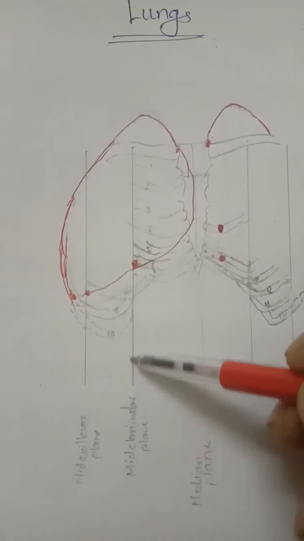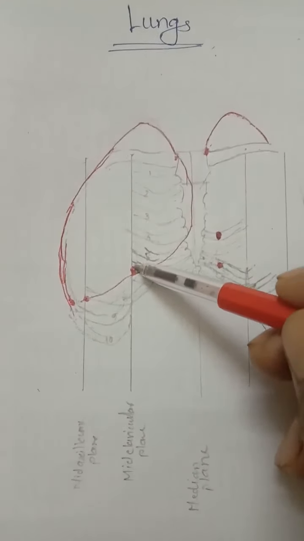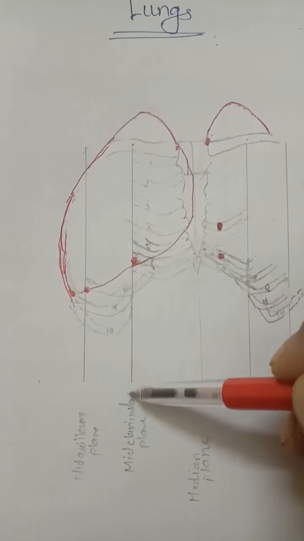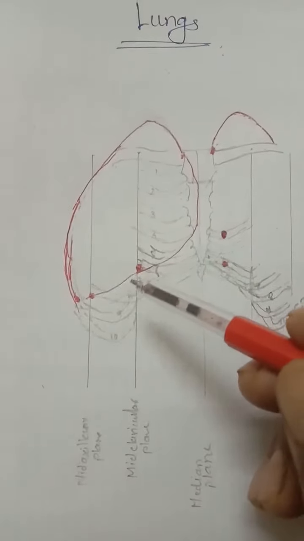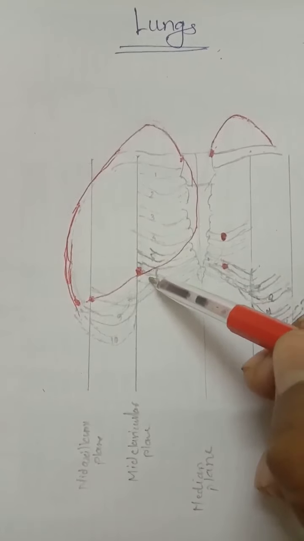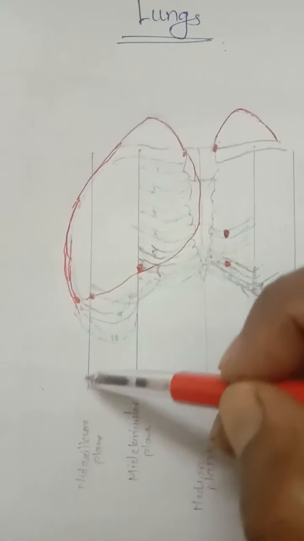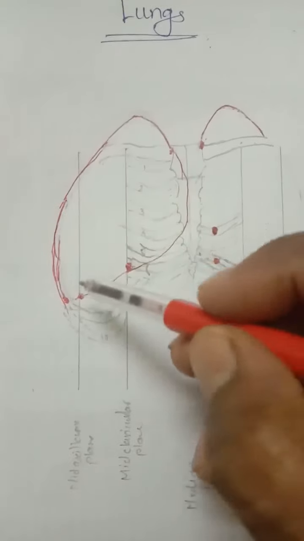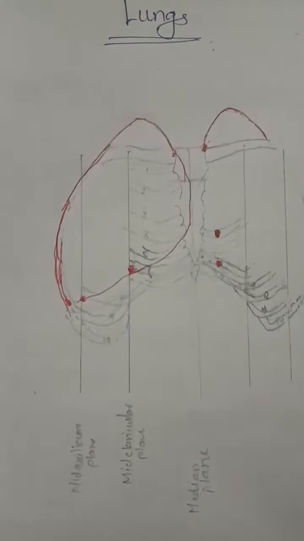So here is the mid clavicular line, and this is the 5th rib and this is the 6th rib. So take a point on the 6th rib where it intersects the mid clavicular plane. So this one. Then take the next point on the 8th rib. Here you can see the 6th, this is the 7th and this is the 8th rib, which intersects the mid axillary plane or line. So here is the mid axillary line, and that is the 8th rib where it intersects. So take this another point.